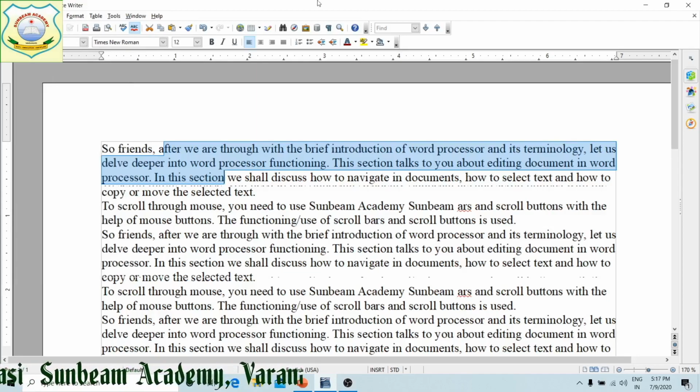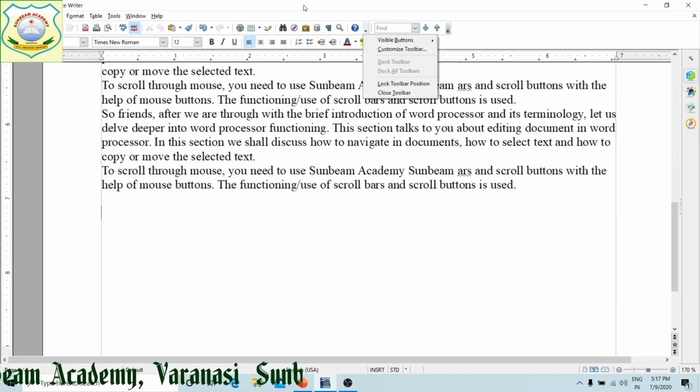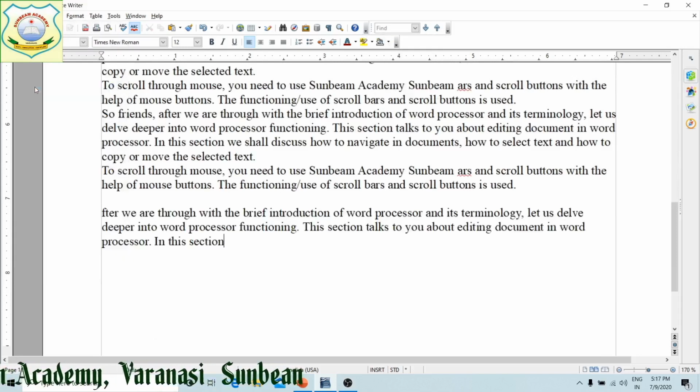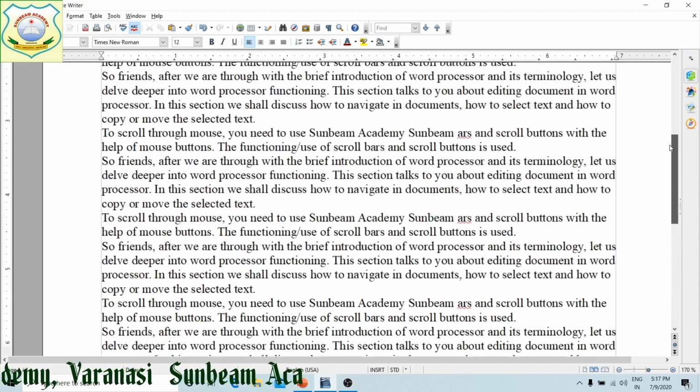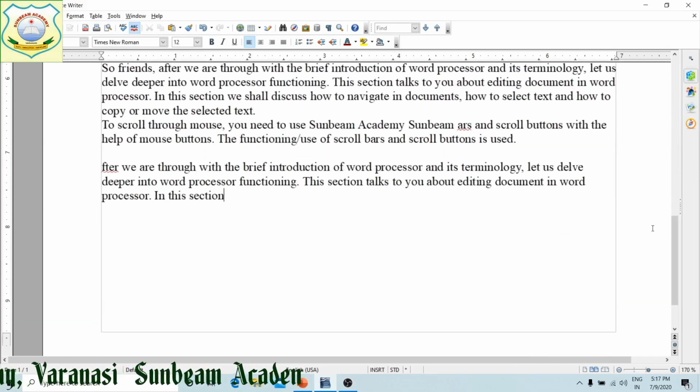I have copied this one. Now suppose I click over here at the last and use the edit menu, paste option. The same has been copied over here. This is known as Xerox, which means the original portion remains at its place and its duplicate comes over here. This is copy and paste, right?